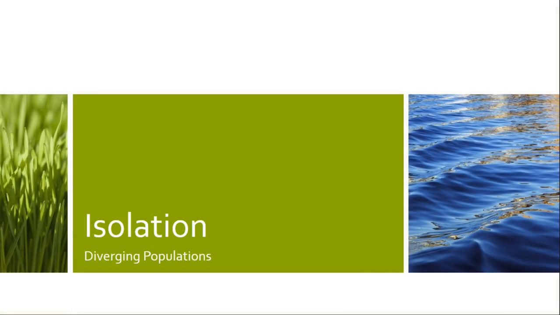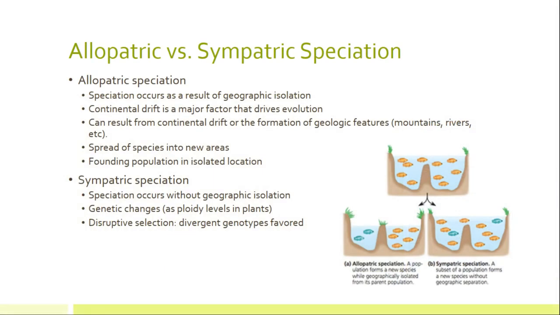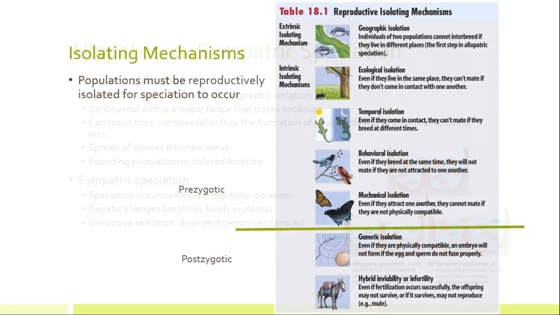All right, let's talk about isolation. How do we split populations? Now, I already talked about this, allopatric versus sympatric speciation. So here is the stuff that I talked about before, right? But I wanted to add to it, for allopatric speciation, you simply just have populations that are isolated and so they can't share genes. But for sympatric, you see a lot of that disruptive selection going on, and I think that's an interesting thing, okay? Now, when we talk about isolating mechanisms, you've got prezygotic and postzygotic.